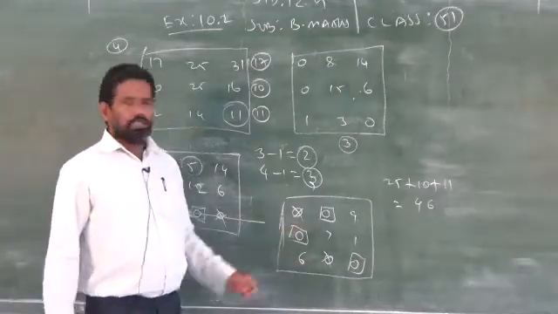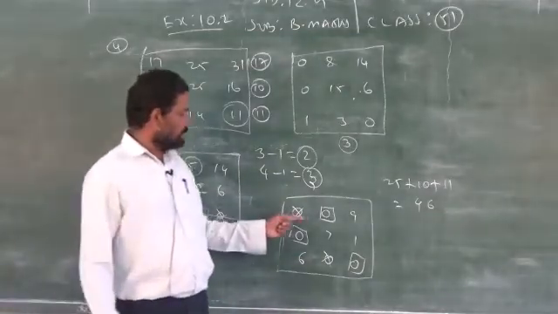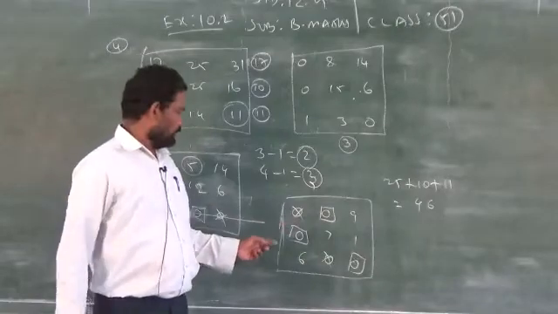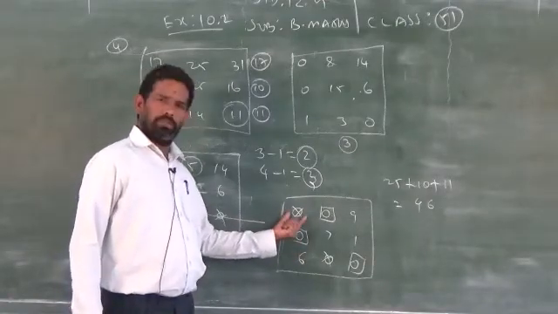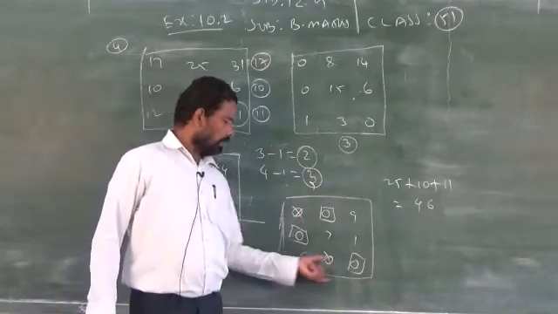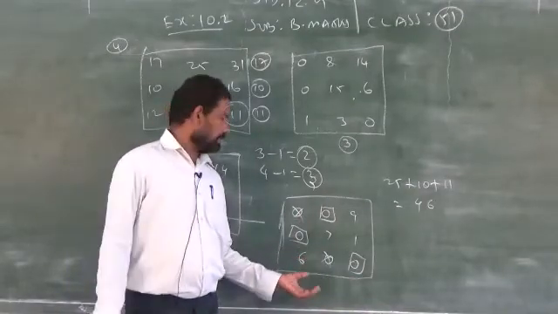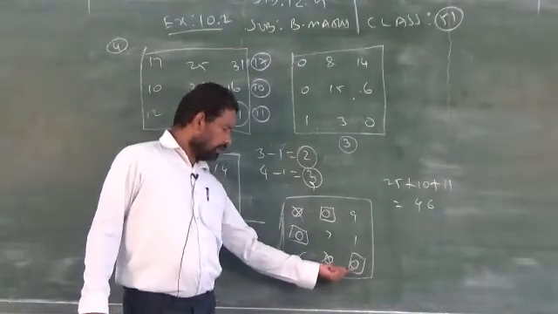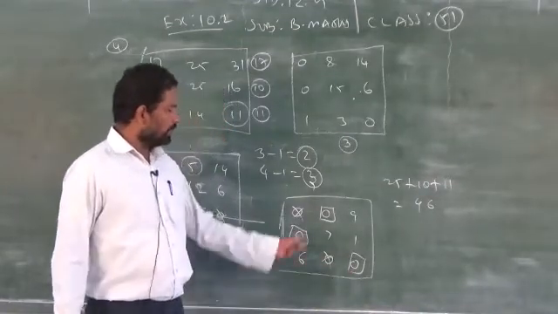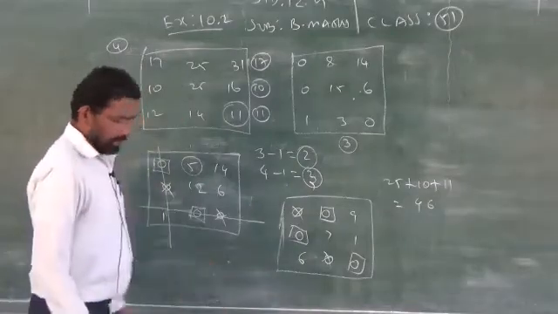Then you can start with the first row. This first row consists of 2 zeros, so you cannot take it. The second row has only 1 zero, so I circle it, but above that zero you have 1 zero, so strike it out. Then the third row, no 2 zeros are available, not possible. Then the second column, not possible. Then the third column has 1 zero, and in the corresponding rows only 1 zero is left. Clear? This is your answer.